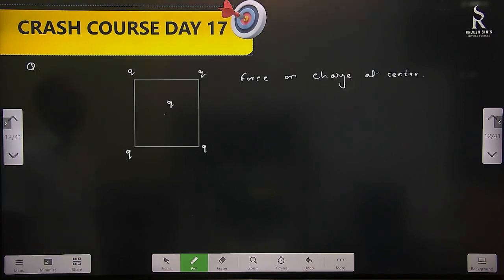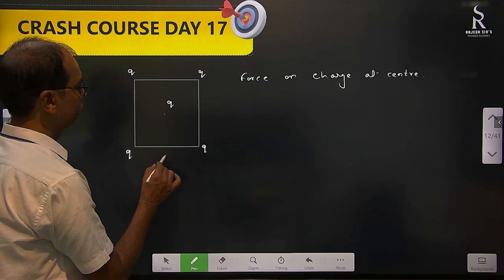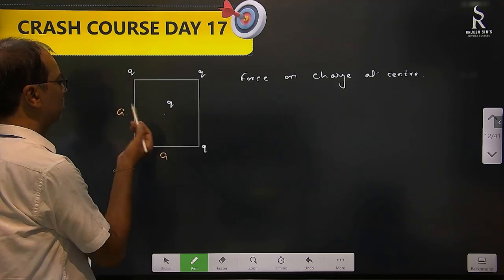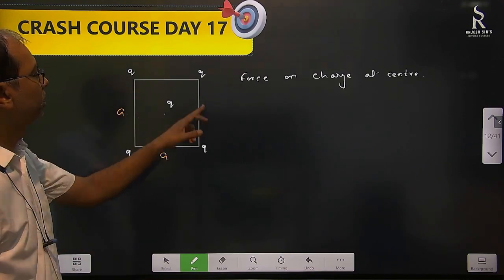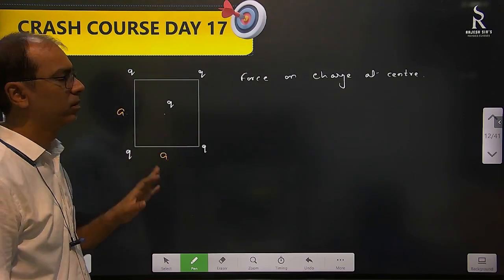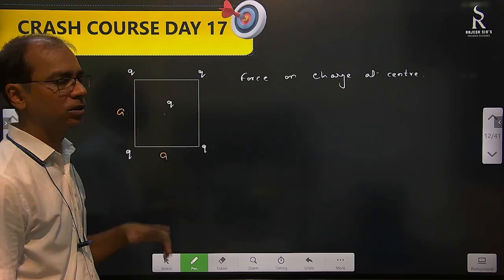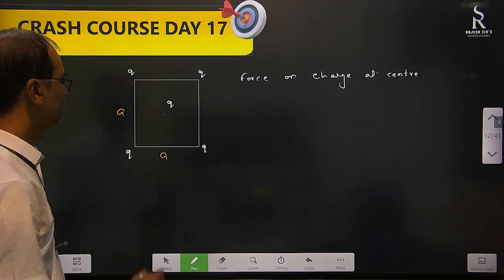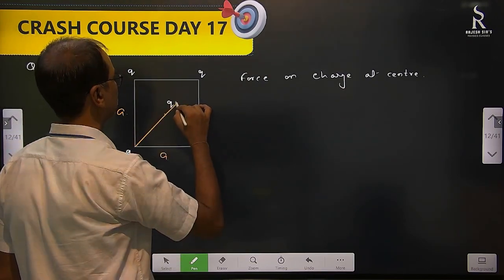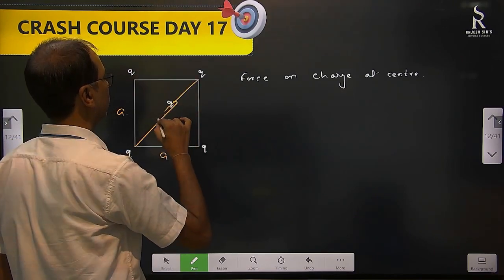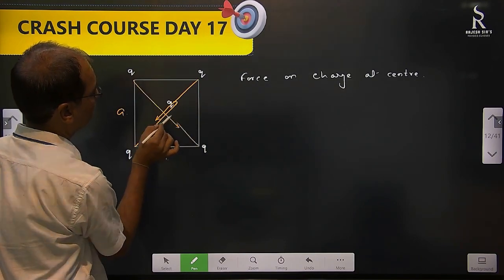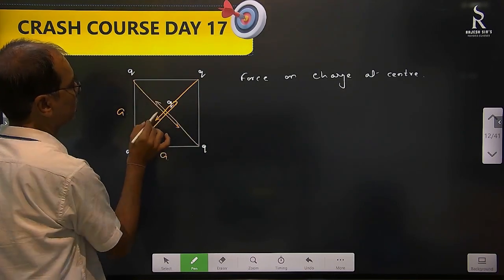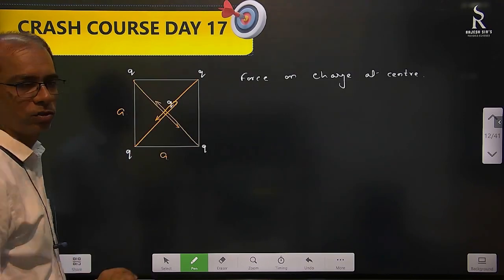Okay, then what next? This is a regular polygon. It looks like a square, or it may be a rectangle also. So it's a regular polygon. In this one, charges are placed at all the vertices and the force is asked on the charge placed at the center. We know it's 0. This is repelling like this, this is repelling in the opposite way, so this is cancelling this, and this is cancelling this. So net force is 0. We know that.